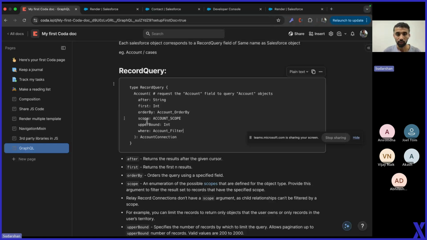Order by we saw, and we saw the where clause, and we also saw first. Then there are a few other parameters which it is expecting. It is not always mandatory. And the parameter called after. So this is basically a string, but this is a query cursor which is used to navigate through the paginated